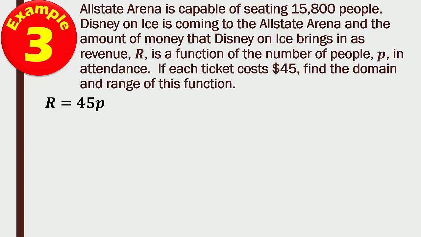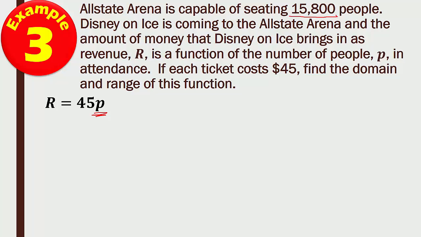So each ticket costs $45, and we need to find the domain and range of this. The domain is actually really easy to find because domain is the people. Domain is always going to be what's on this side with the coefficient, in this case 45, because it's $45 per person. So the domain is going to be 0 to 15,800 because P is people and we can seat a max